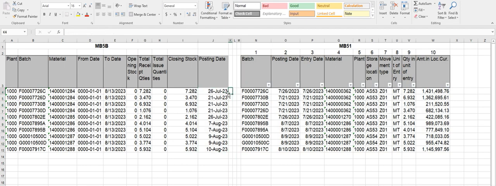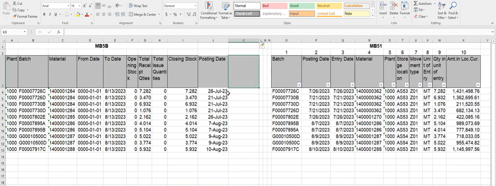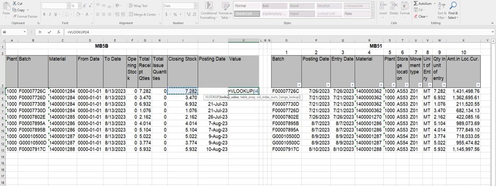Now one more. Now I want the amount. So again what I'm going to do is I will select the column. I will press Ctrl+Shift++. I'll write here as value. I'll write is equals to VLOOKUP. I'll select batch number. I'll go on to the next table. Select the whole table. Press F4 in order to lock the table. Amount or value is in the 10th column, so I will write here as 10 and use false and close the bracket